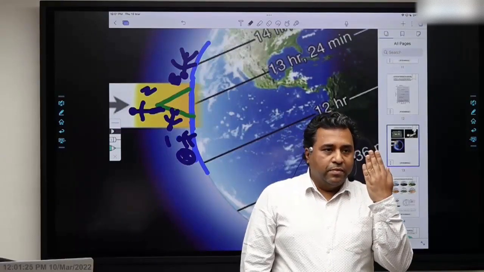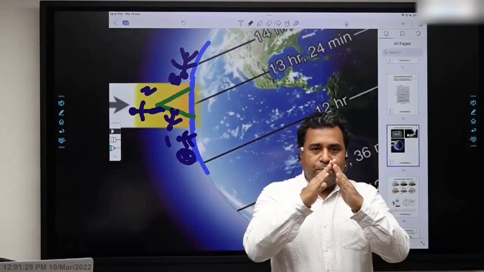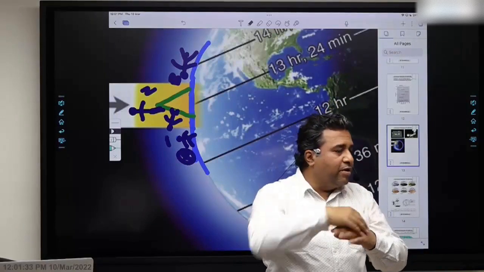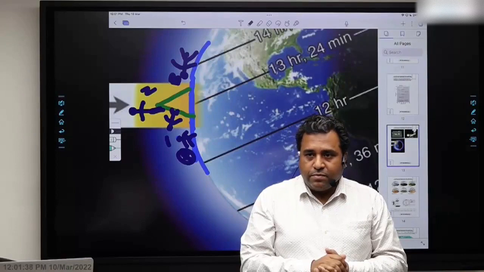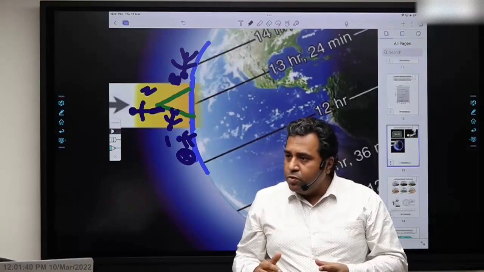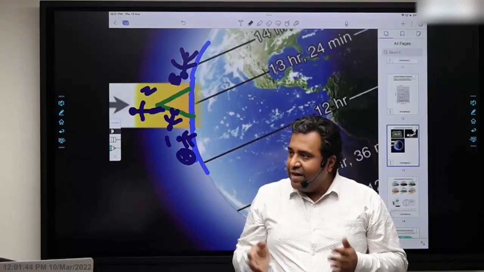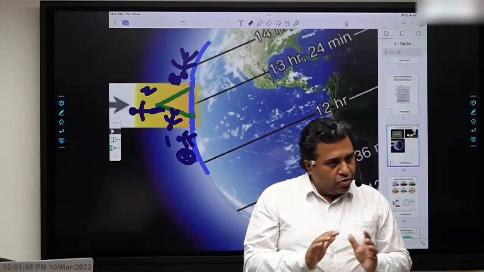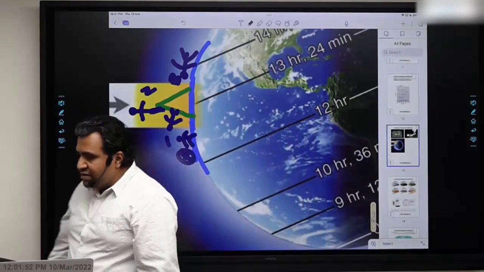If I keep my hand perpendicular, the light is more intense. If I keep my hand slopey, the light is less intense. Why? Because the light is falling on a slope, so this is what you call a slope effect. Okay? So what does slope do? Slope increases the inclination, and hence reduces the intensity. Is that clear? So slope समझ में आ गया? Very good.